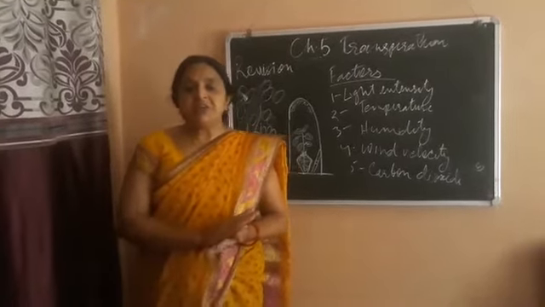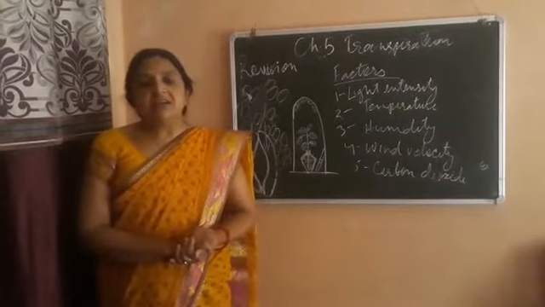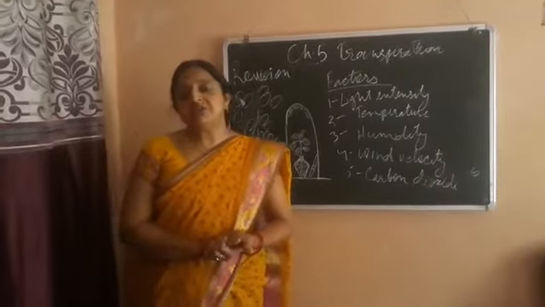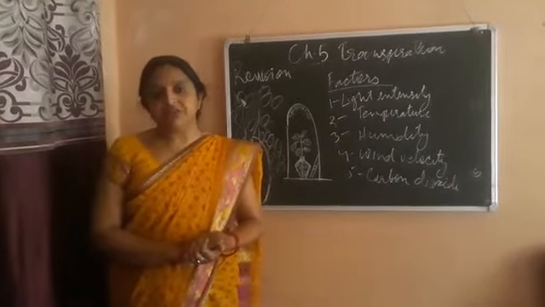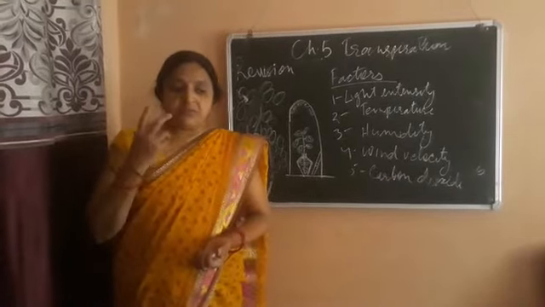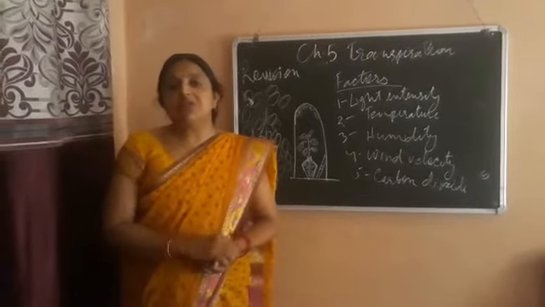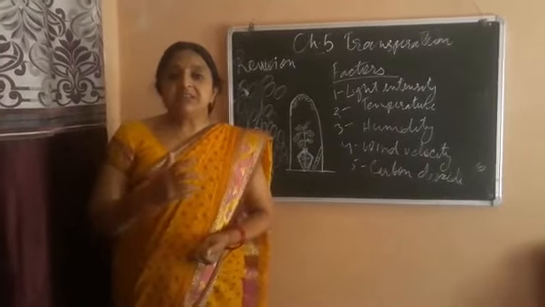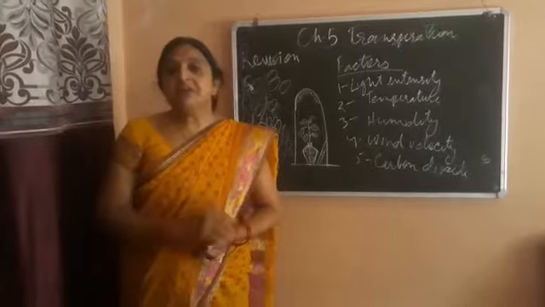These are some adaptations. Now the advantages. First, the cooling effect. Transpiration causes a cooling effect on the green plant in hot conditions. This is a very important advantage of transpiration. In very hot conditions, it causes a cooling effect in the plant.